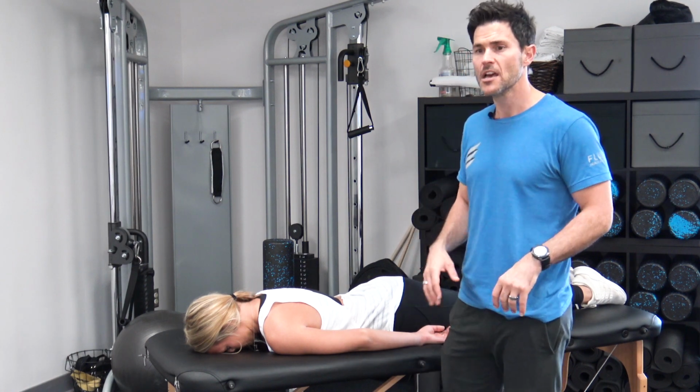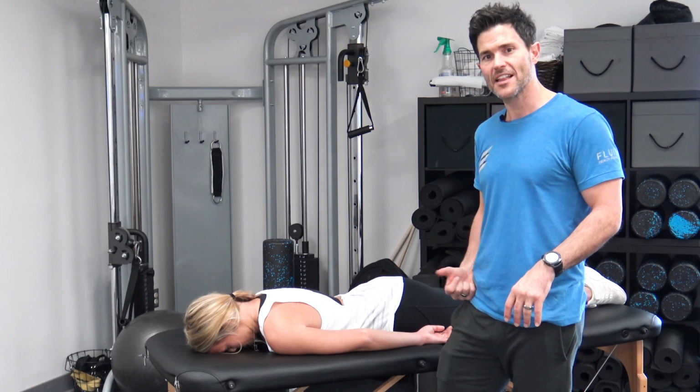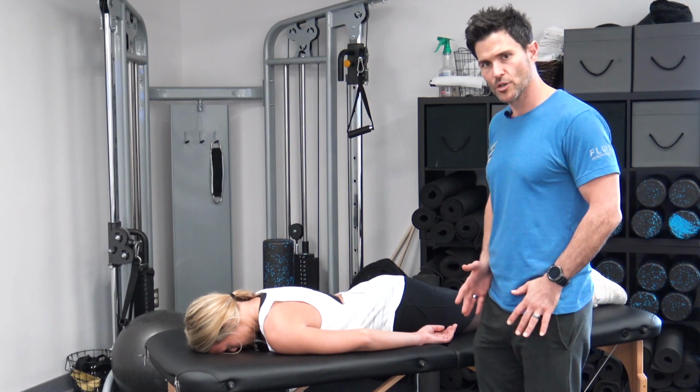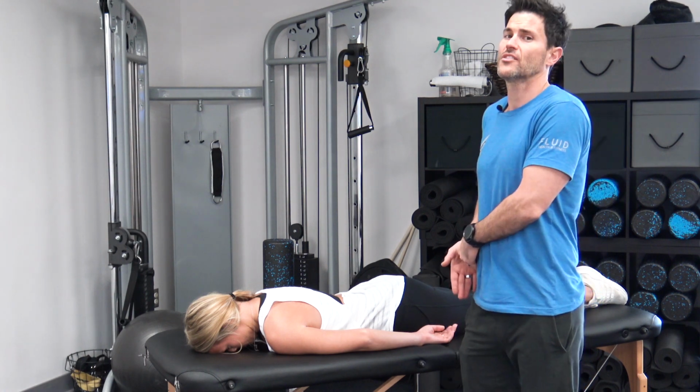and we can make it an active release by going in and starting to move through the pelvis. So with the ball under the hip, with the pressure on the flexors, she's going to start to breathe out and tuck her tailbone under just a little bit. By doing that, it's going to push the hip deeper into that ball and actually, in essence, stretch the psoas